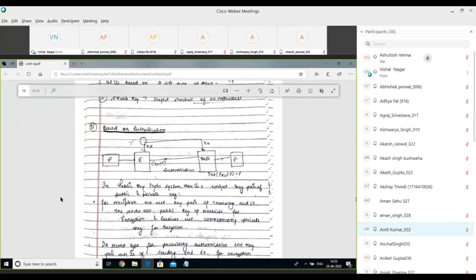You check the signature of the sender. If the signature of the sender is genuine, we consider that the notice is genuine. Otherwise, we say that the notice is fake. So if we introduce a unique key of the sender in your message,